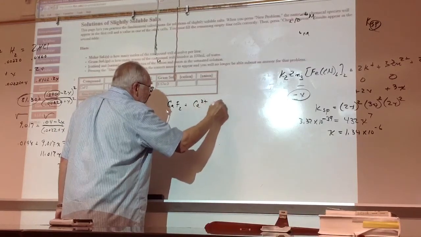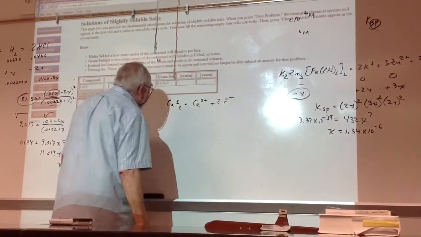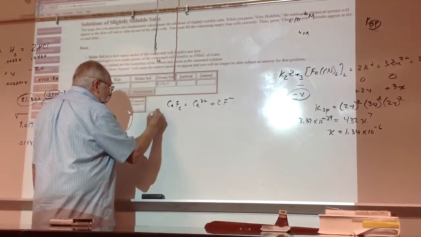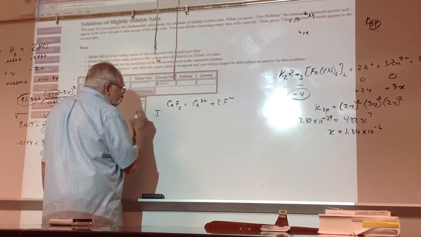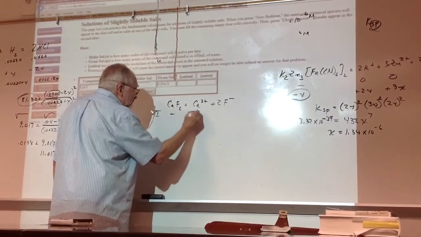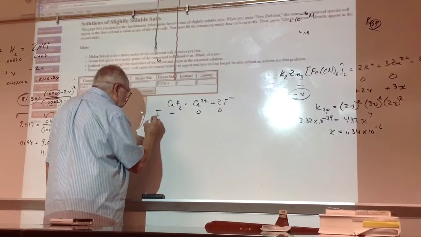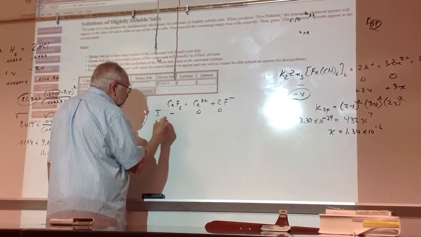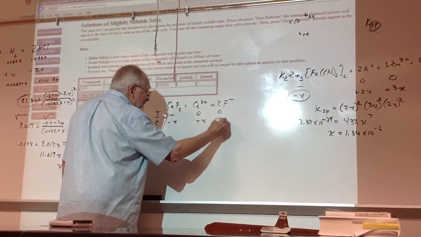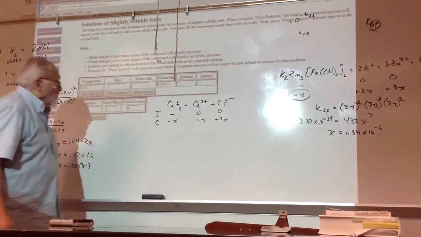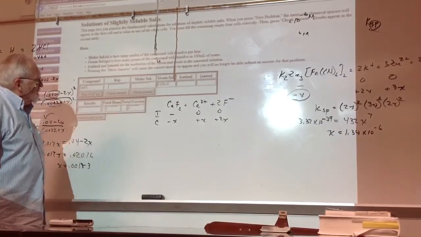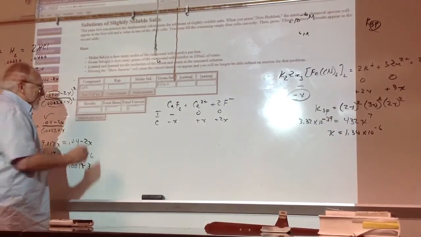Cation. Anion. Okay? Now, here, I'll do the I, and then the C: C, minus X, plus X, plus 2X. Same problem that we did before, except X is the molar solubility, and he gave you the gram solubility. And you say, okay,